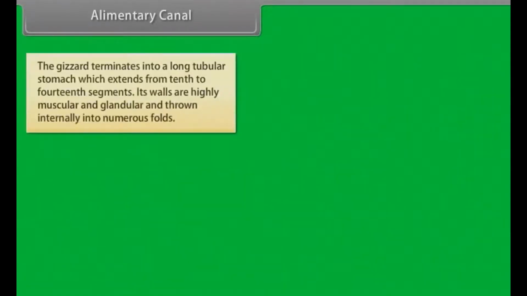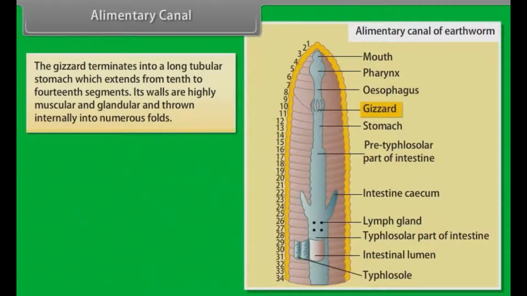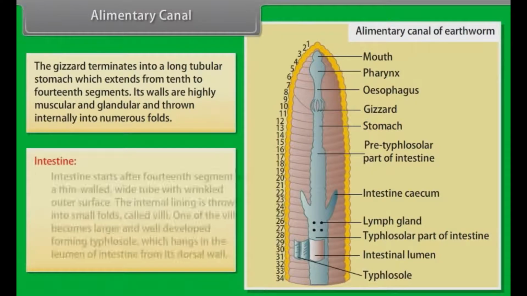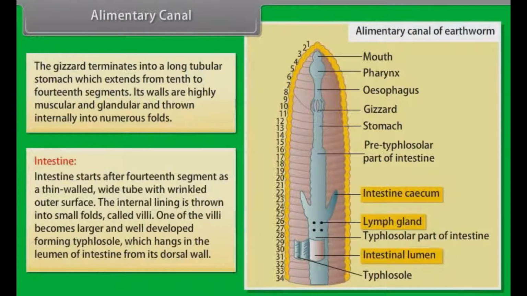Alimentary canal. The gizzard terminates into a long tubular stomach which extends from 10th to 14th segments. Its walls are highly muscular and glandular and thrown internally into numerous folds. Intestine. Intestine starts after 14th segment as a thin-walled, white tube with wrinkled outer surface. The internal lining is thrown into small folds called villi. One of the villi becomes larger and well-developed, forming the typhlosole, which hangs in the lumen of intestine from its dorsal